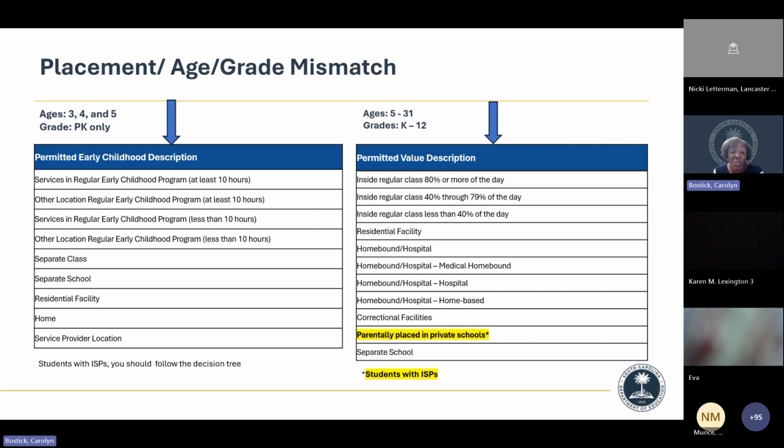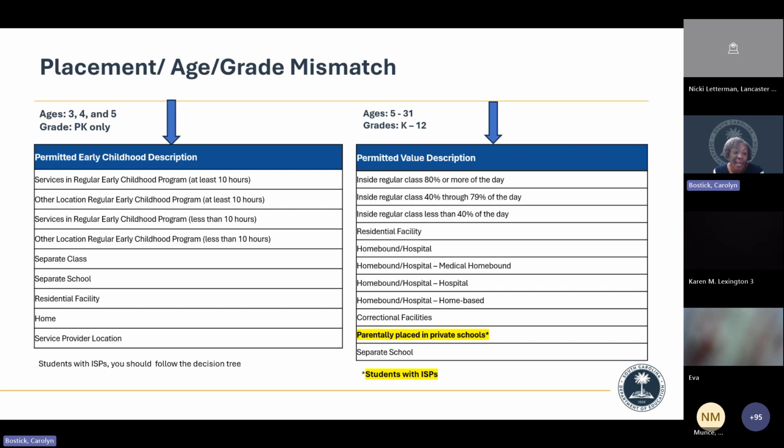So on October 28th of 2025, if the student age is 3, 4, and 5, and the grade level is pre-K, they should only have one of these LREs that falls underneath early childhood, right? So remember, age 3, 4, 5, and grade level pre-K on October 28th can only have one of these reasons. And if they do not, then you need to follow these steps to correct that in the system.